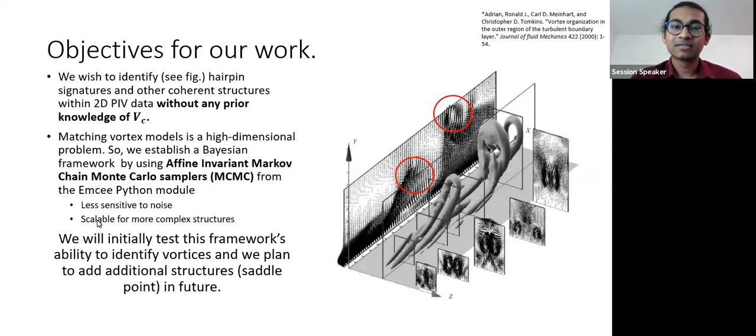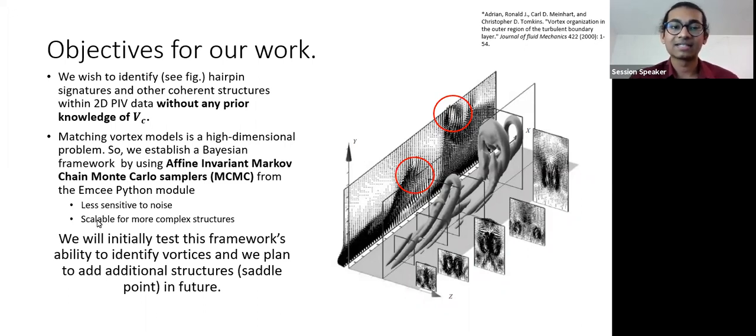This brings us to the objectives of my work. We wish to identify hairpin signatures and other coherent structures within 2D PIV data without any prior knowledge of Vc. And matching vortex models is a high dimensional problem. So we establish a Bayesian framework by using affine invariant Markov chain Monte Carlo samplers using the emcee Python module.